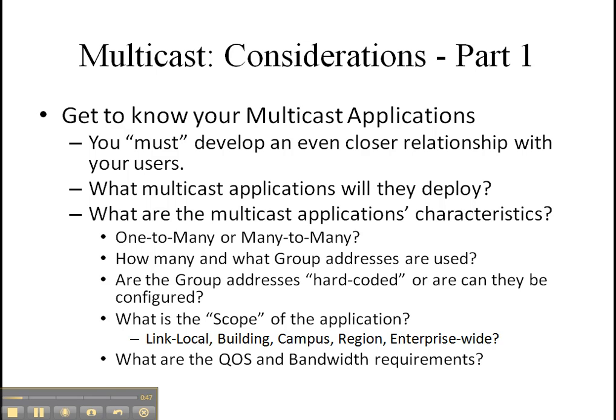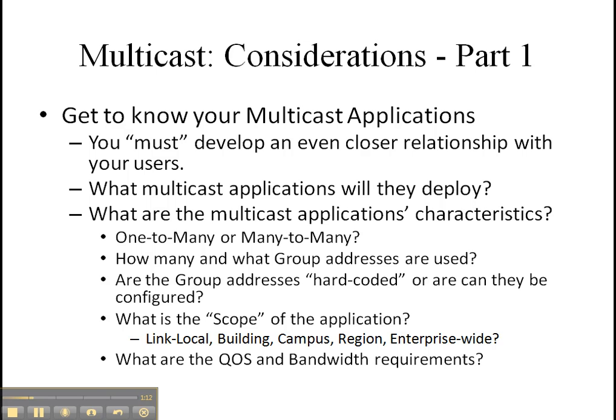Now, in the unicast world, life was simple. Life was sweet. All we had to do was use the Field of Dreams method. We built the network and the users came and they used it. We were happy, they were happy, everybody was happy. You did not know what sort of applications IT ran, and you probably didn't even care. But we do now. Because in the multicast world, there is a lot of things that are going to affect